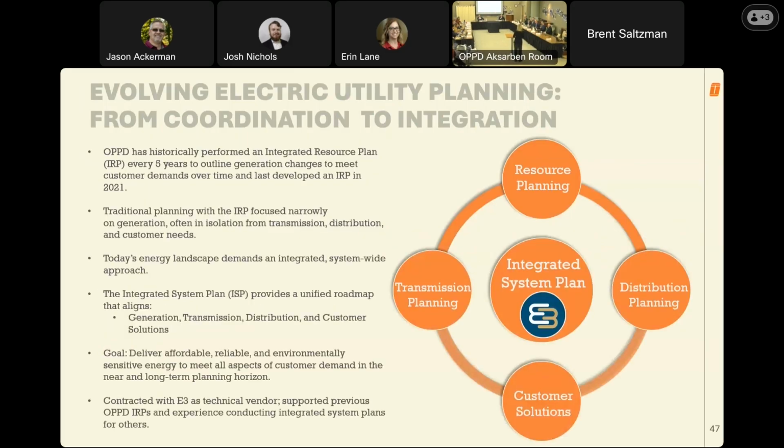I will try to be brief. As Brad mentioned, my team does have the distinct pleasure of leading the integrated system plan. We will be presenting updates on the ISP on a quarterly basis. So we wanted to start this meeting today by introducing high-level concepts. What is the ISP? What are the goals of the ISP? Give you a general idea of the process that's involved, and then touch on a high-level timeline for the coming